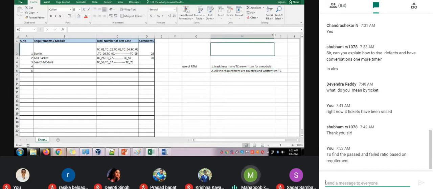Everyone will be doing their own modules, but they will not check whether we have completed all the requirements or not. If any requirements are missed out, then it is a problem for us testers. Why have we not tested this? That is the reason we need to confirm, and this RTM will help us confirm whether we have covered all the test cases in this module or written all the test cases. So this is very important to know, guys.